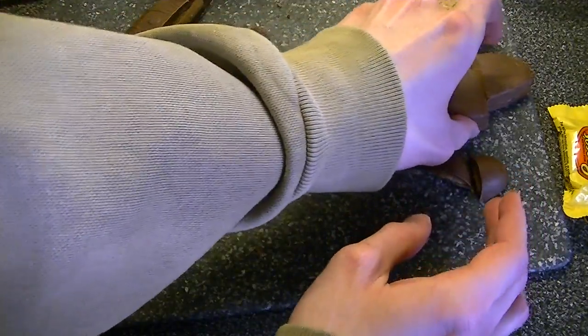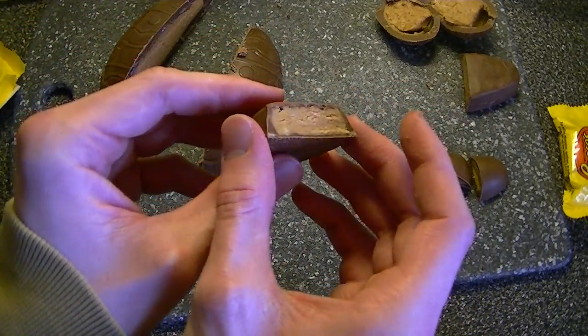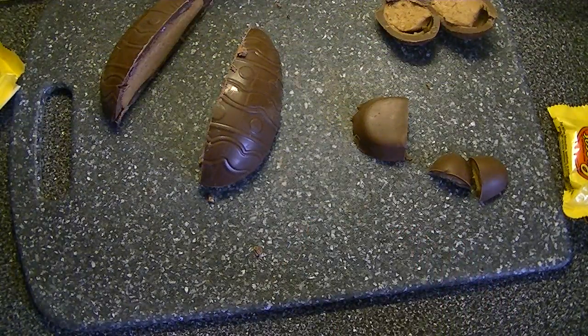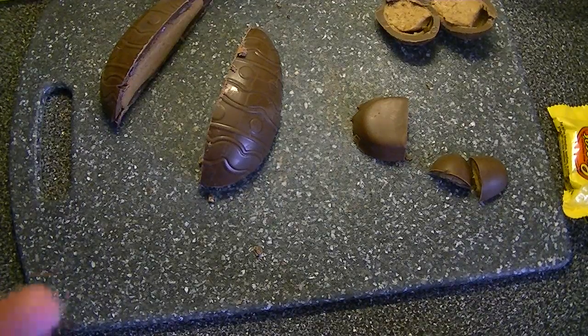I compare the two. So, this, as far as I can tell, has the most peanut butter in it, although I don't think it tastes very well. Let me give it a shot. It's weird, there's something about the texture of the new ones, or not the old ones, it just feels very off. It's probably what the regular cups taste like,